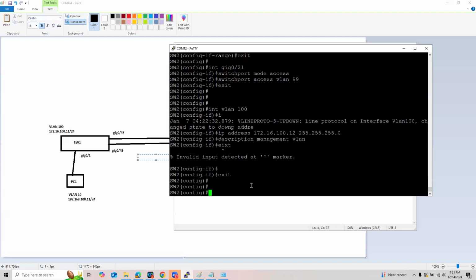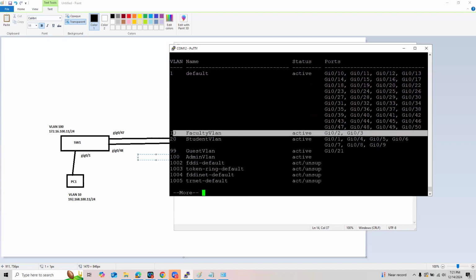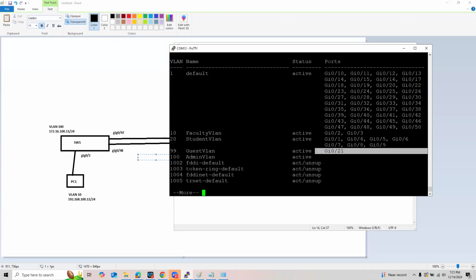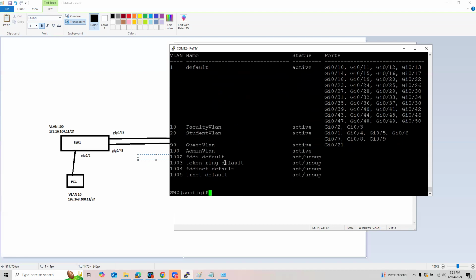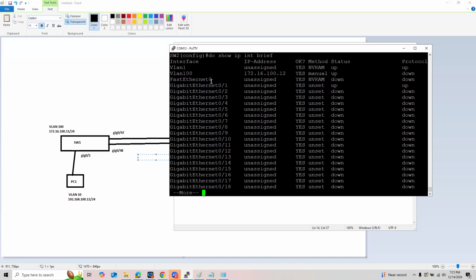All right. So then do show vlan. Let's review. As you can see, there are already ports reassigned to VLAN 10. These are in VLAN 20 and port 1 is in VLAN 99. There are none in VLAN 100. To verify also our switch IP address, it's in VLAN 100. It will be reachable via VLAN 100 through that IP address. And as you can see here, guys, the protocol is also down.